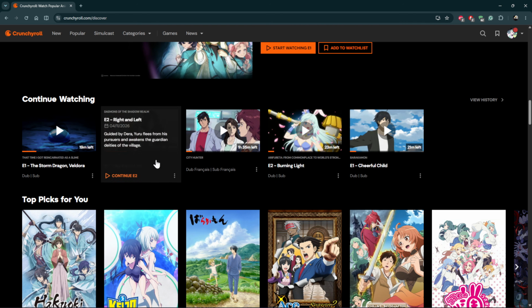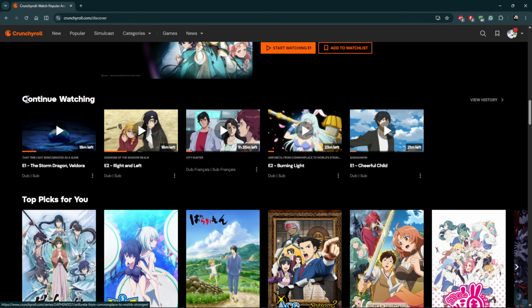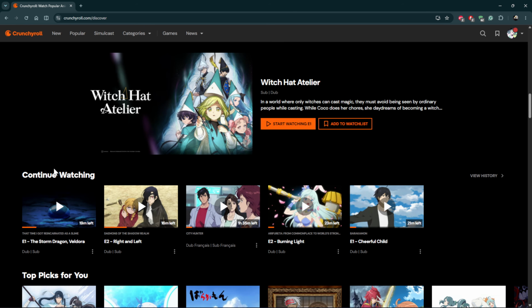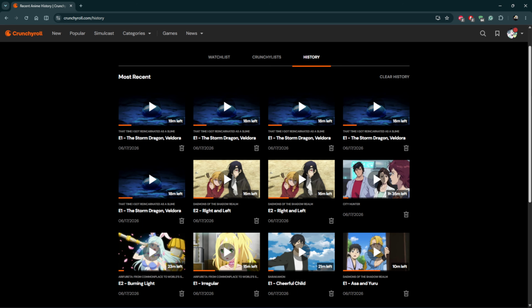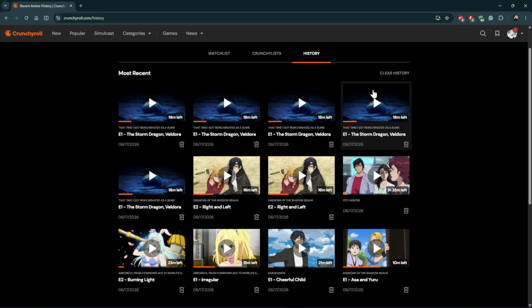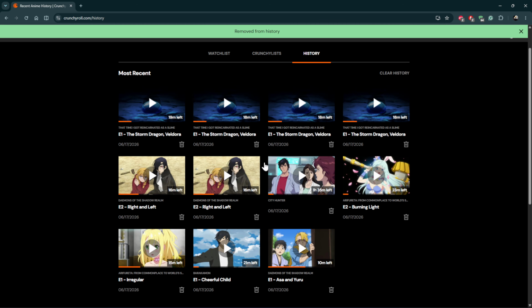So if you'd like to remove an anime from this section, all you have to do is scroll down until you find the continue watching section and then click on view history. And then from here, find the anime that you'd like to remove. So for instance, this particular episode, simply click on the remove icon and that will be removed from that particular